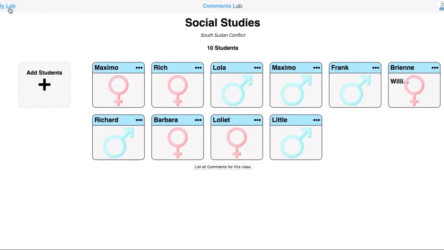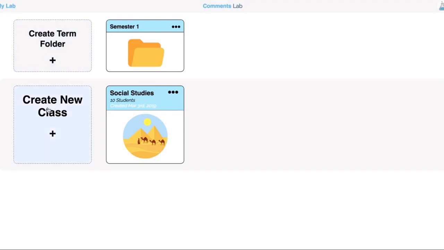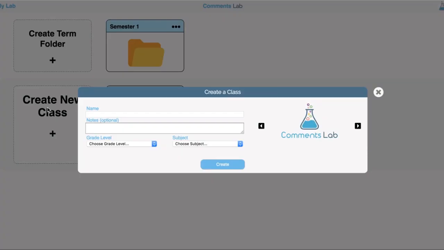To return to your term folder, click on My Lab, and to add a class, click Create New Class and